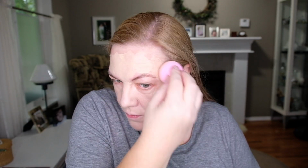So once that's all on, I'm using my dampened beauty blender, which I cleaned for you today, to spread this all around. And I like the beauty blender more than a brush because I believe it's more gentle on my face. A brush would work the product in better and probably would give me better coverage, but I don't know. I like the application with a beauty blender better